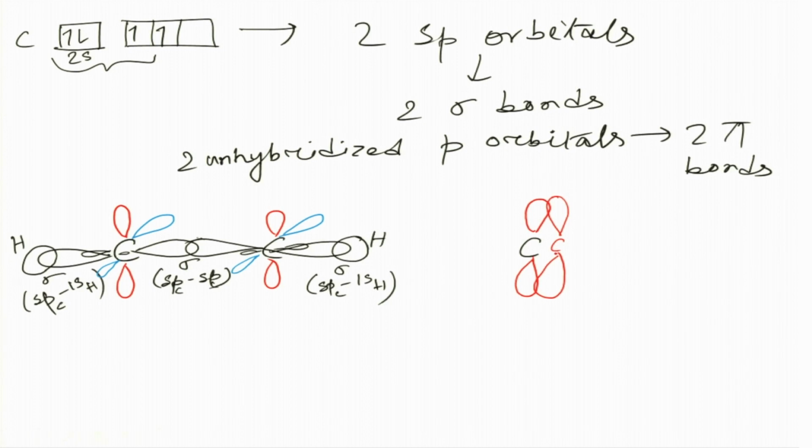Like this, pi bonds will be formed. One pi bond will be between these 2 p orbitals, and the second pi bond will be between these 2 p orbitals. Okay. So, these are parallel orbitals. So, a pi bond is formed